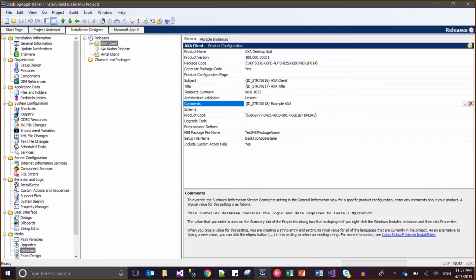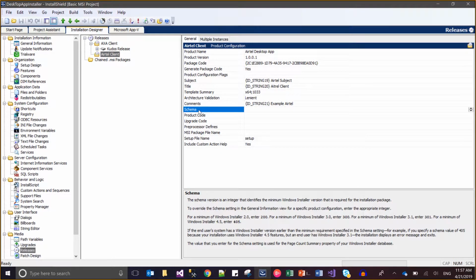right? Now come to this schema. I'm just leaving it. It says something like if we have to configure the installation for Windows installer 3.1 or something else, then we can configure it. So I'm just leaving it. Now let's move on to this